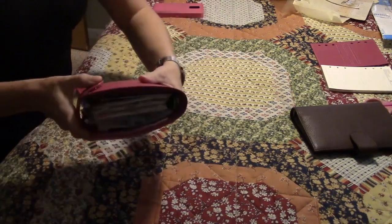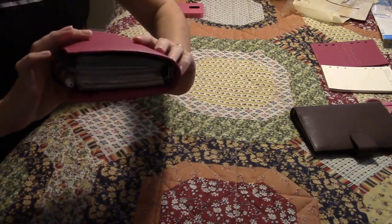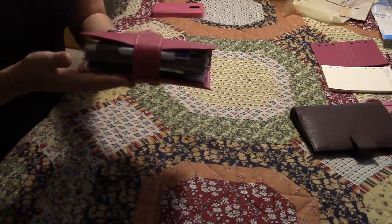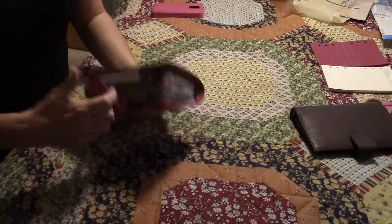So as you saw from the top, it's pretty stuffed, but it's still sitting very nice. Here it is from the bottom. And then here is the side, and it only comes with one pen loop, but you know me, I like to have 2 pens in my planners. So, going inside,